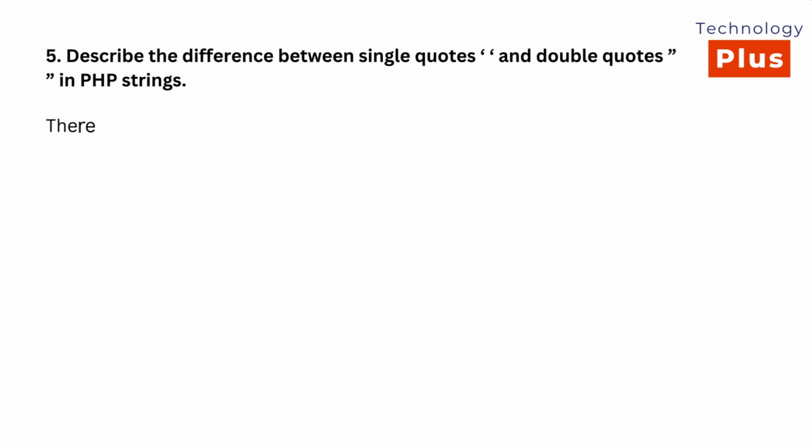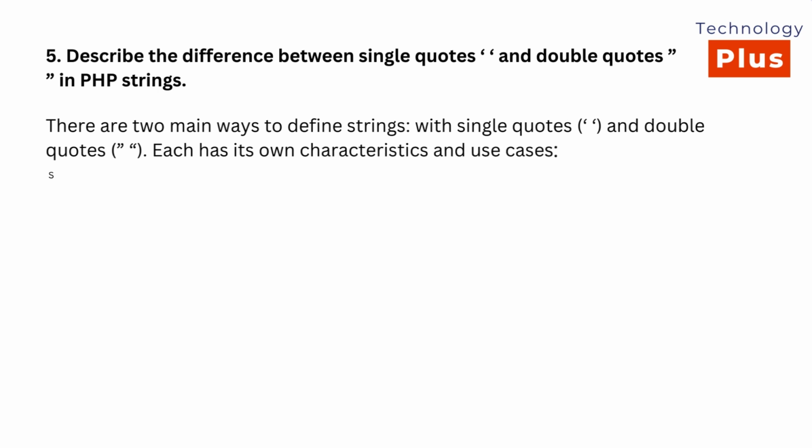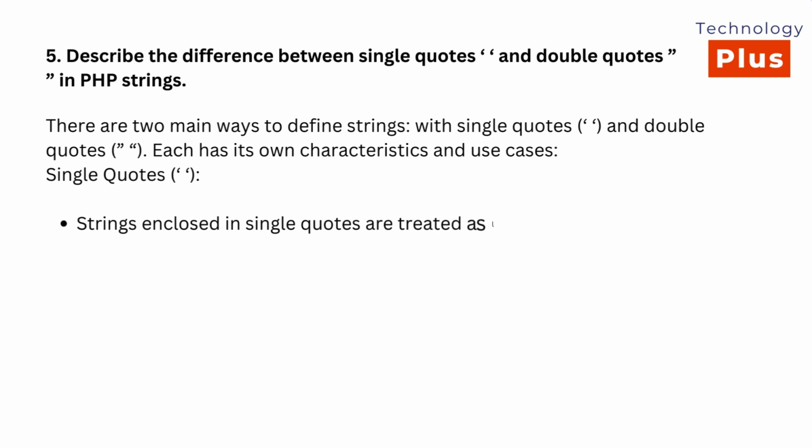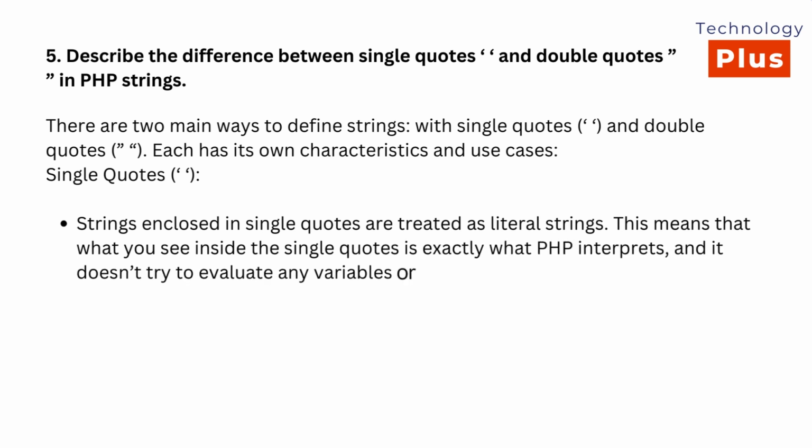Describe the difference between single quotes and double quotes in PHP strings. There are two main ways to define strings, with single quotes and double quotes. Each has its own characteristics and use cases. Single quotes. Strings enclosed in single quotes are treated as literal strings. This means that what you see inside the single quotes is exactly what PHP interprets, and it doesn't try to evaluate any variables or escape sequences within the string. For example,